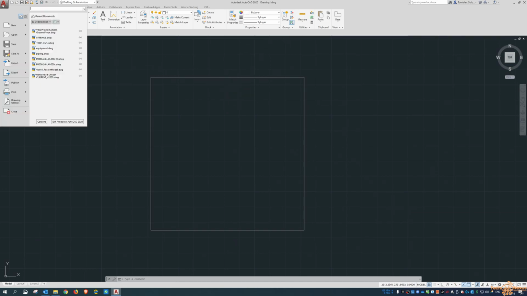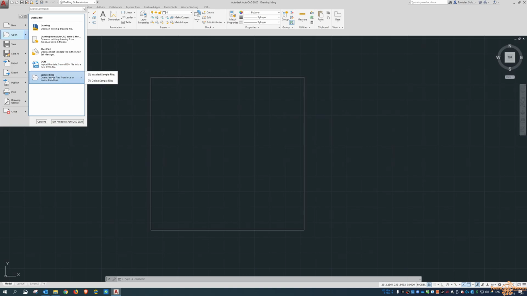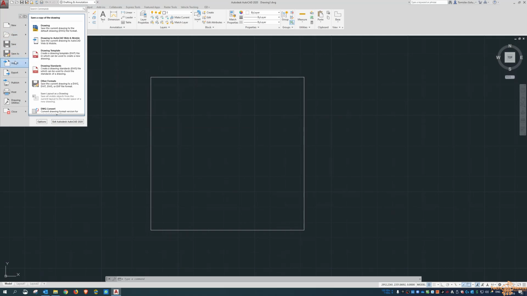Top left, you have the big application icon, the big AutoCAD A: new drawings or sheet sets, obviously, open files, even opening DGN. Opening of DGNs has been around for a few years now, so you can open MicroStation files if you need to. You can look at sample files, save as, import, so importing PDFs, DGNs or other formats as well, and exporting out to various formats, DWF and DGNs, publish,